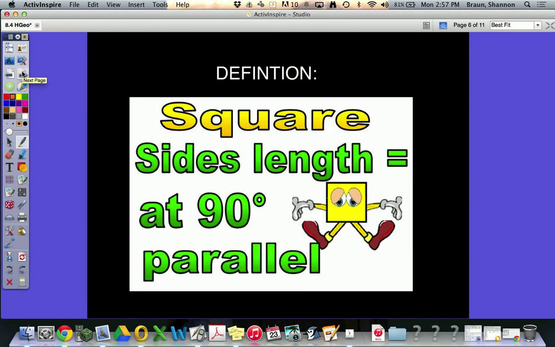And so then the definition of a square is like you put a rhombus and a rectangle together. A square has four congruent sides and four right angles. So by notation, we can draw something as being a square by putting in the four right angles and the four congruent sides. So when we're looking at the properties of a square,